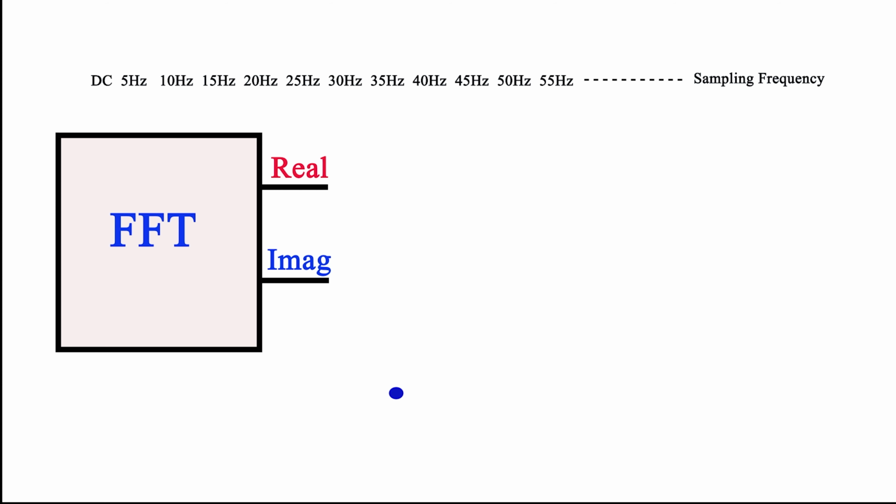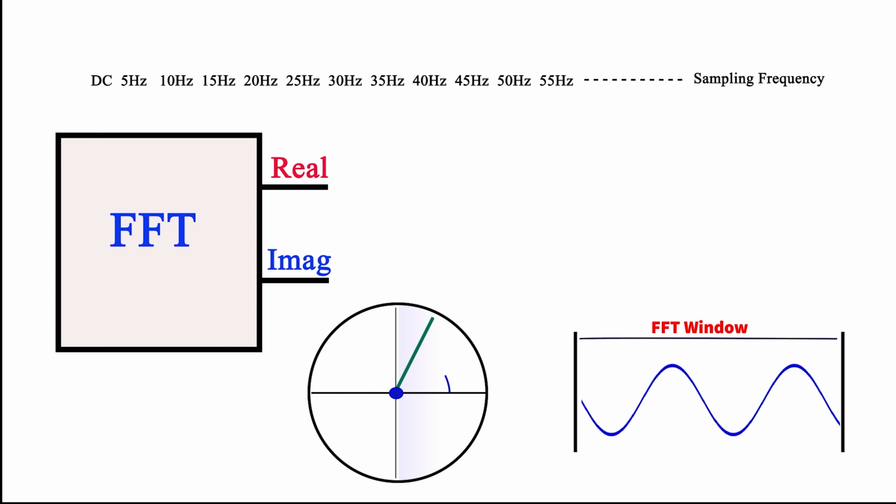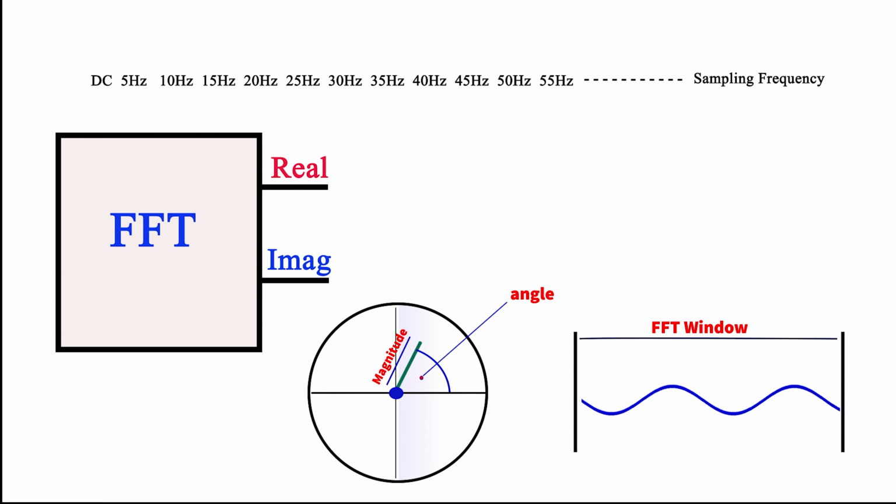Well, let's look at a signal in the FFT window. The FFT will convert this into a magnitude and a phase. Now, it's easy to visualize this with a circle. The magnitude of the wave is the length of the arrow, or the phasor. And the phase of this phasor, as it appears in the window, is the angle, and that angle is the phase of our signal relative to the FFT sampling window. So you can see as the signal is offset within the window, the phase of the signal changes. So this gives us a way for the FFT to tell us what the phase is relative to the sampling